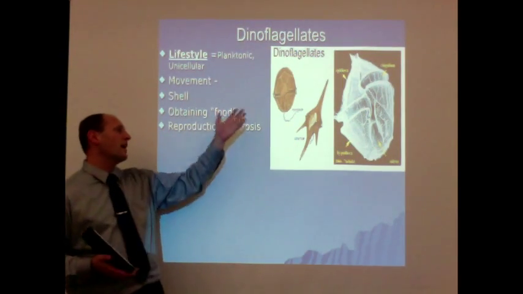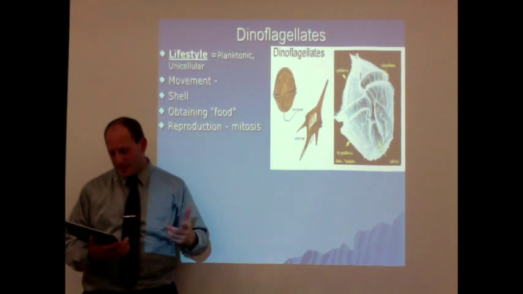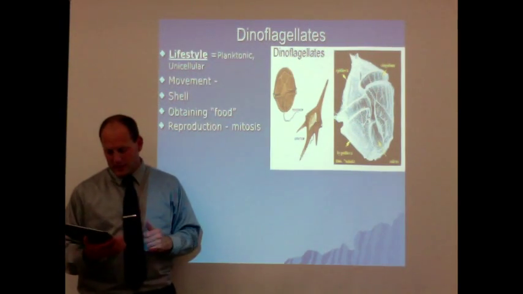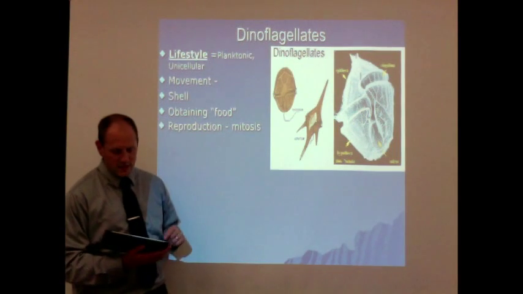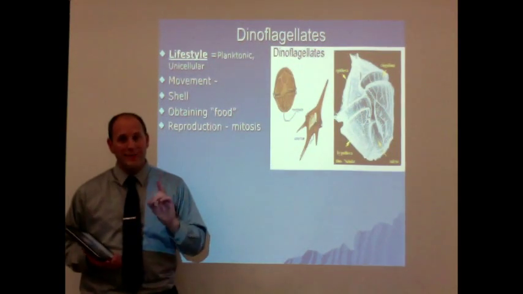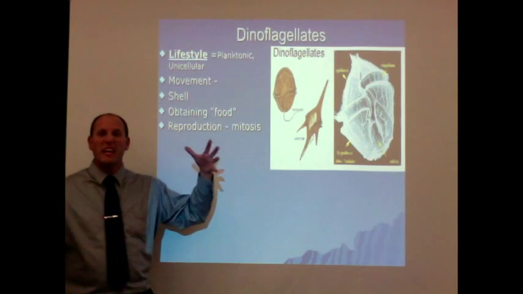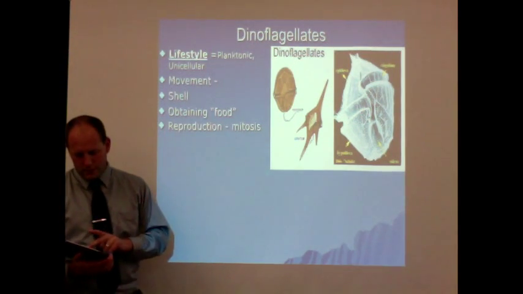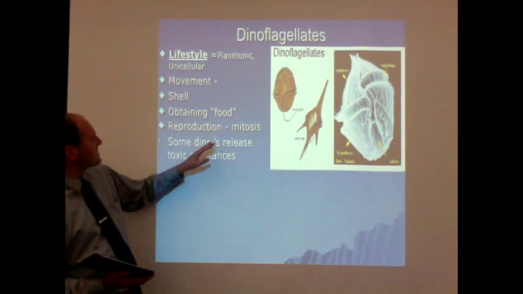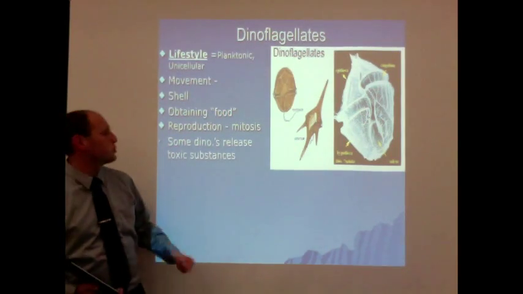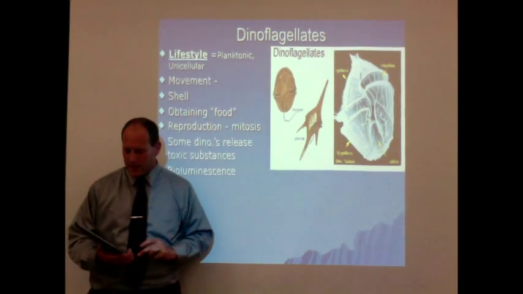The actual coloring of these organisms makes it seem like it's a little bit red. So these particular organisms produce these red tides by releasing some dangerous substances when they're in huge blooms. And so some of these dinoflagellates, we just call them dinos for short, do release these toxic substances.